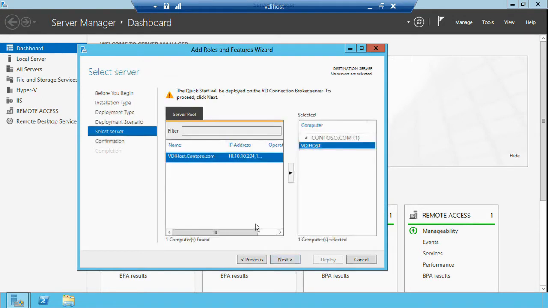Then he just selects the server where the RD Session Host, or RD Virtualization Host in the case of a VM-based deployment, will be installed. So I won't go through this further, but you got a sense that in just 6 to 7 clicks, I can get my baseline VDI deployment up and running. So let's move to the user scenario and the experience Ed would get in this new VDI deployment.